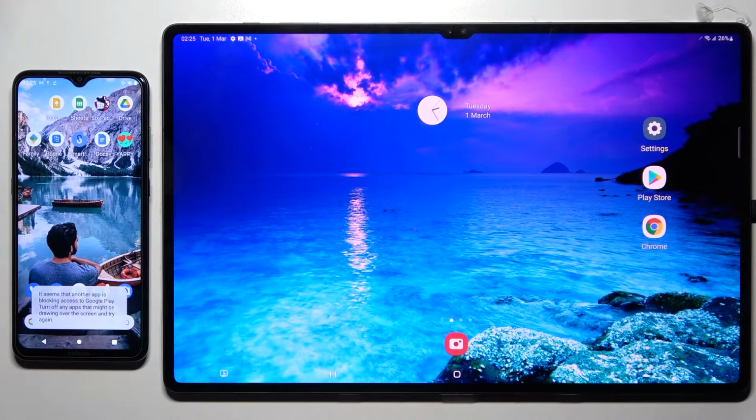Hi! Today I would like to show you how you can transfer files from Nokia Device to Samsung Galaxy Tab